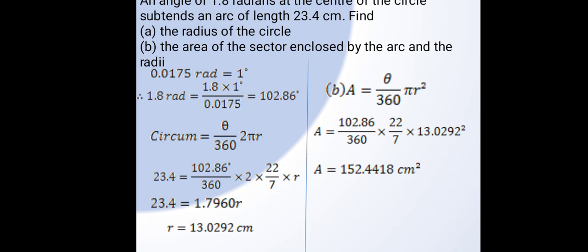The angle of 1.8 radians at the center of the circle subtends an arc of length 23.4 centimeters. A, find the radius of the circle. B, find the area of the sector enclosed by the arc and the radii. Now we know